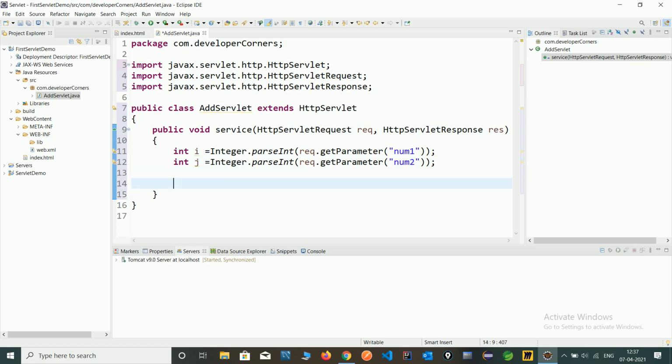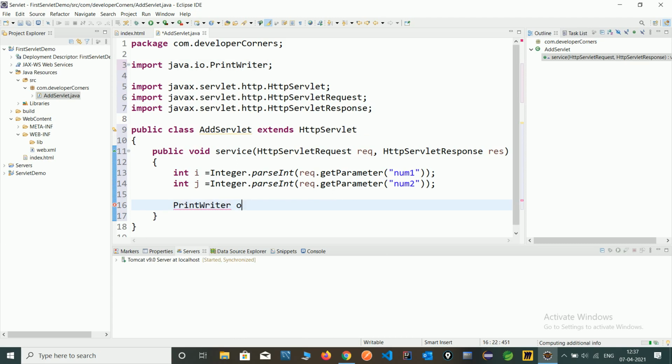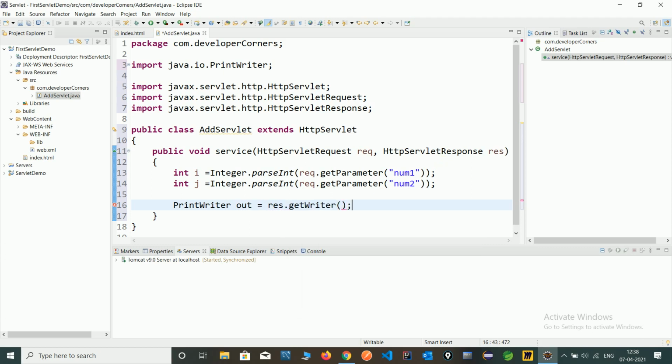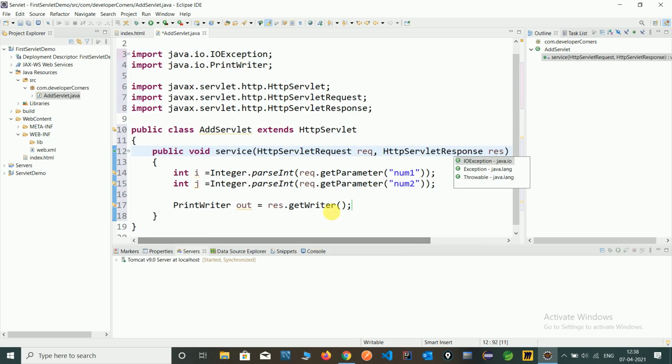For printing the number on the web browser, we use the PrintWriter class, and we should create an object of PrintWriter, in which you can take the response for the user. It shows an error, so we should use throws Exception here. Now we should print the value.